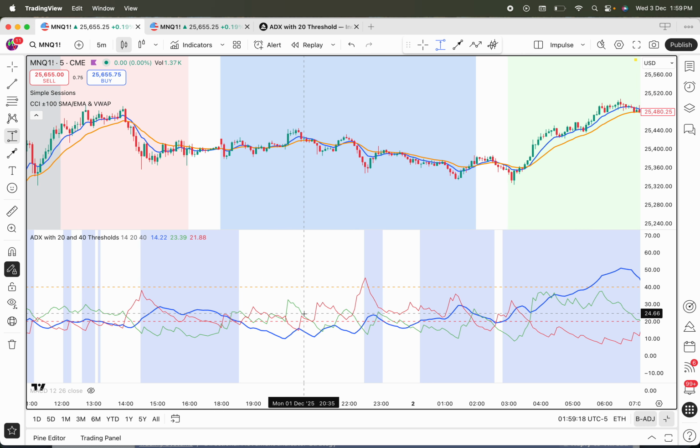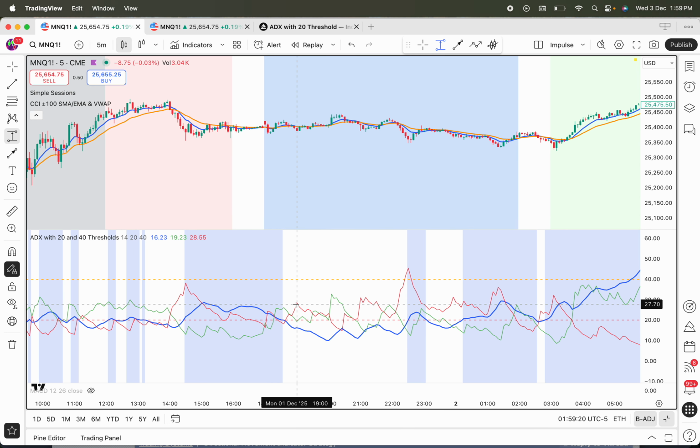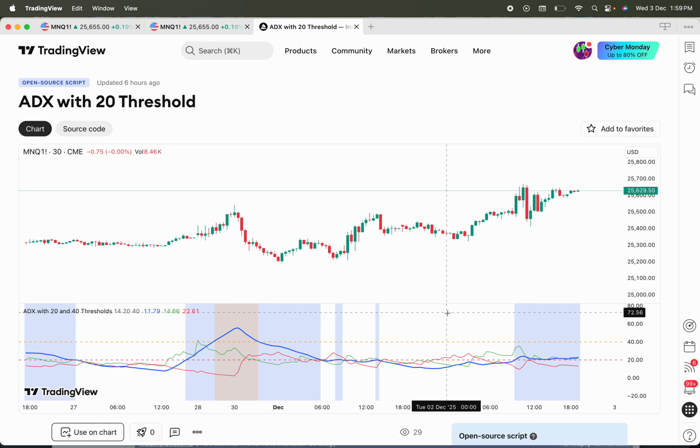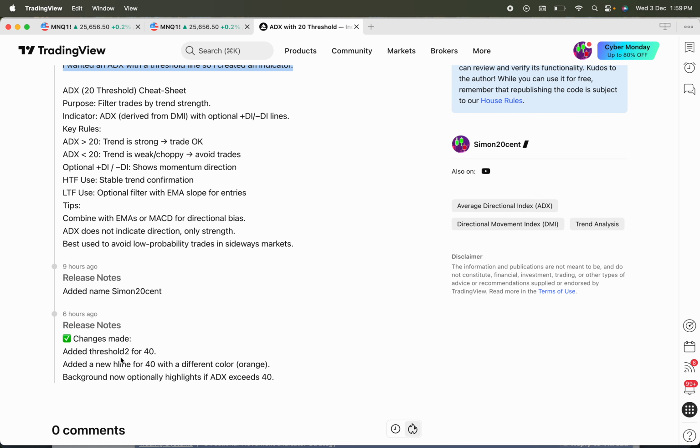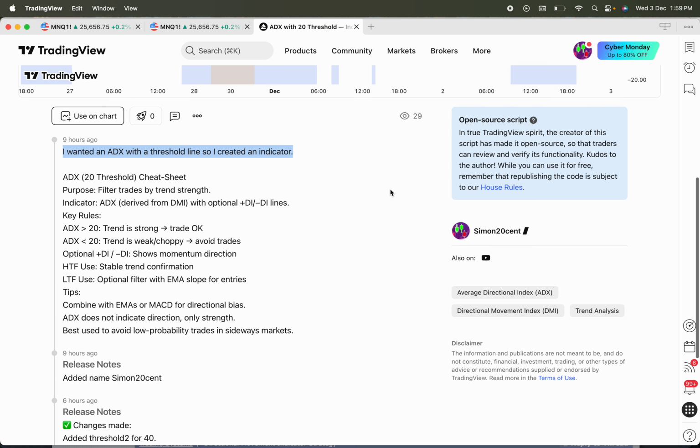That's what I like about my particular version of this. This is my version here, by the way. ADX with 20 threshold. I should change the name, and 40. That's reflected here. I made an update. This is my name